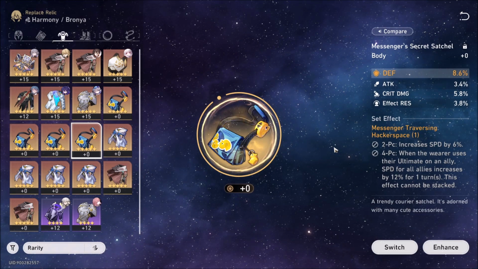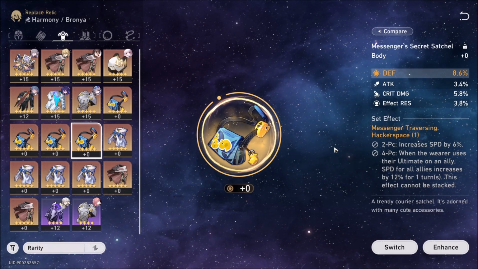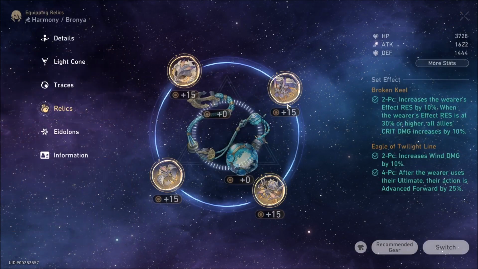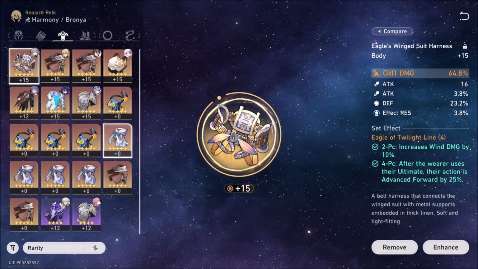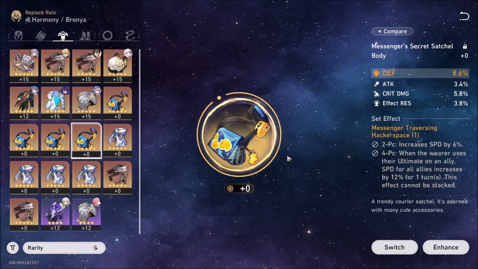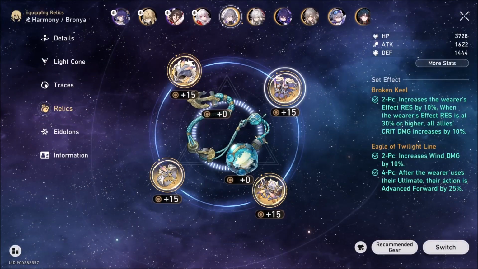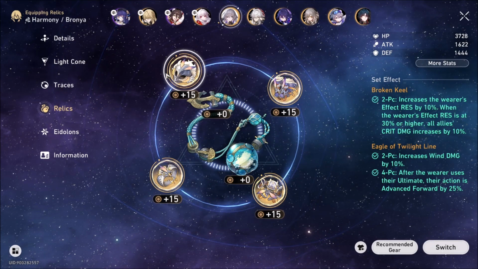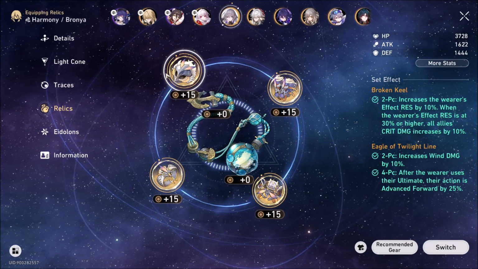You can even use a 2-piece Knight of Purity Palace and 2-piece Messenger Traversing Hackerspace if, say, your Bronya is lacking on defense. However, some might argue that replacing the 4-piece Eagle of Twilight Line with a 4-piece Messenger Traversing Hackerspace seems like a good idea. It is not wrong, however, it is personal preference that Eagle of Twilight Line still remains, and partially why you want to keep the Eagle of Twilight Line set is because you want to advance your actions by 25%